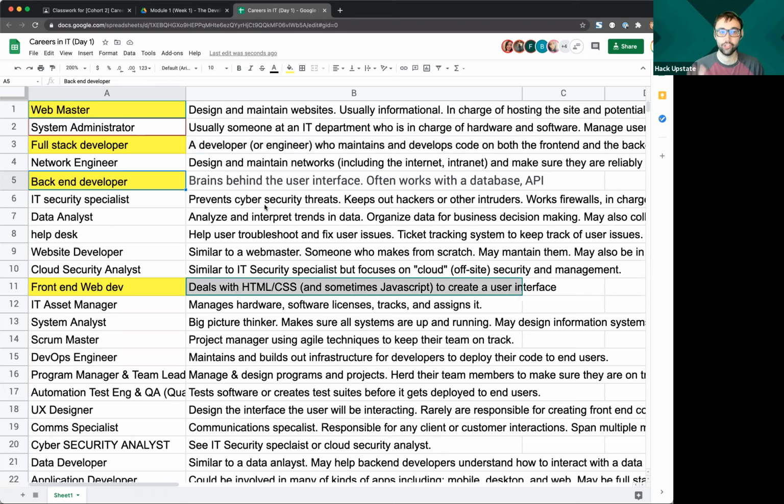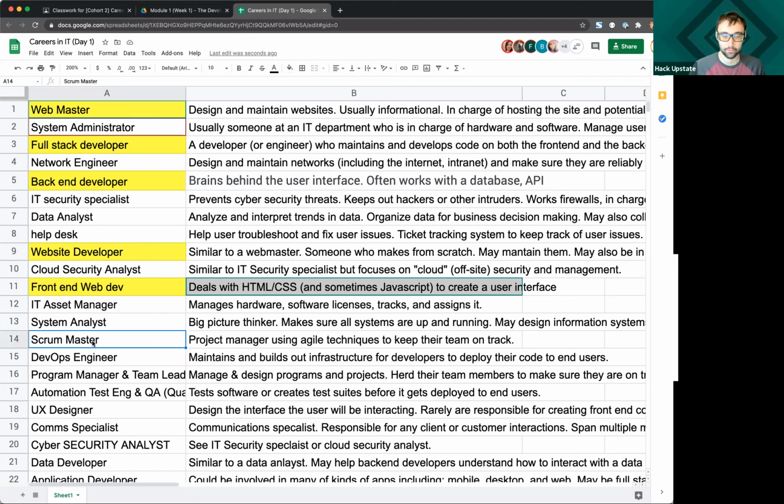And so in the exercise later tonight, that's what we'll be going over. What is a stack? How do we puzzle piece things together to create a full stack? So I would say full stack developer is most representative. Back end and front end is what is combined here. Website developer is similar to a webmaster, so I'm going to throw that in the list.